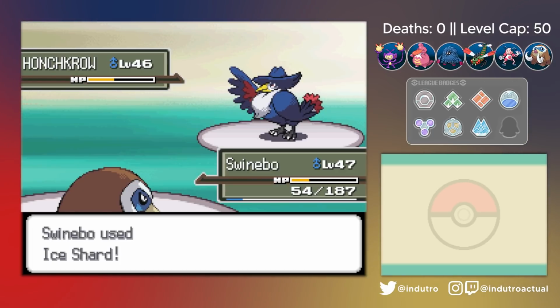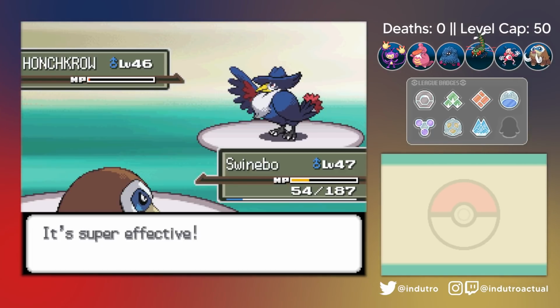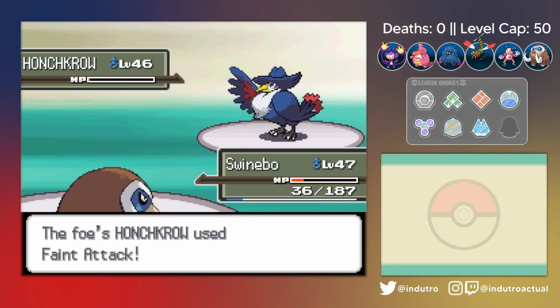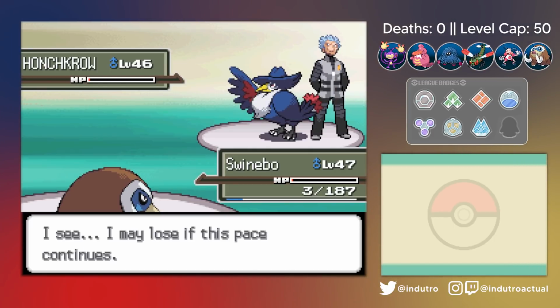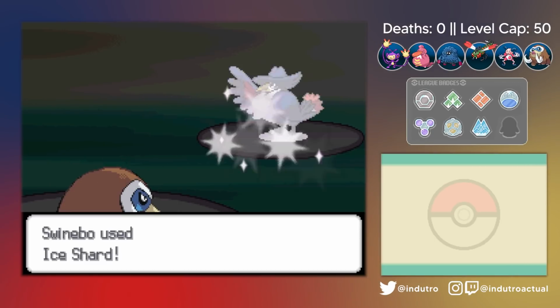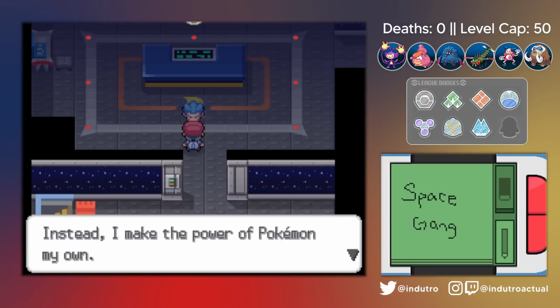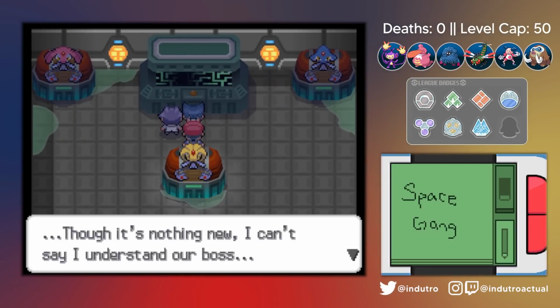I miscalculated the damage, and the Honchkrow lived with just a bit of health left. Thankfully, the bird went for a feint attack, leaving Swinebo with only 3 HP. Another good RNG roll. Swinebo went for another Ice Shard and finished the battle. Scary Spaceman went off somewhere, and we moved on to free the Lake Trio, but not before beating Commander Funky